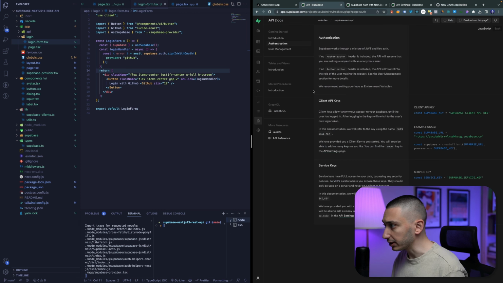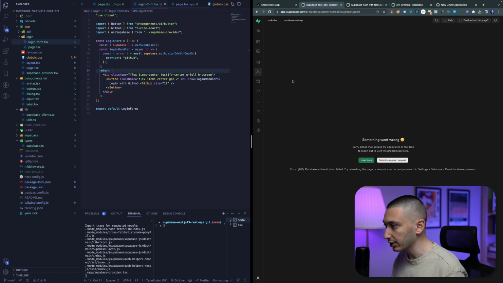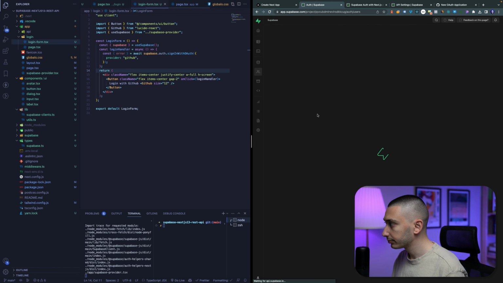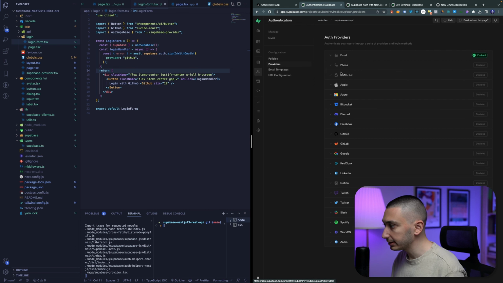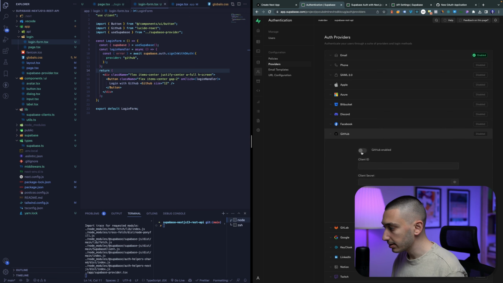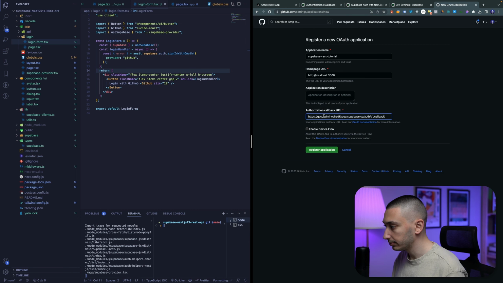For that purpose, we can go to our dashboard, and in this authentication section, we can go to our providers and GitHub. In this section, we need to first enable this provider, and second, we need to copy this redirect URL like this,